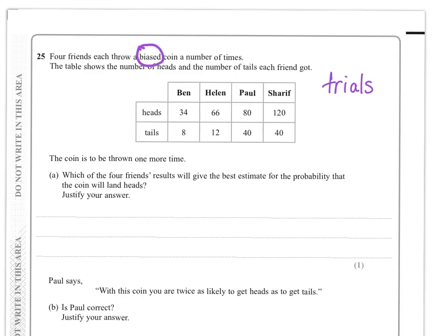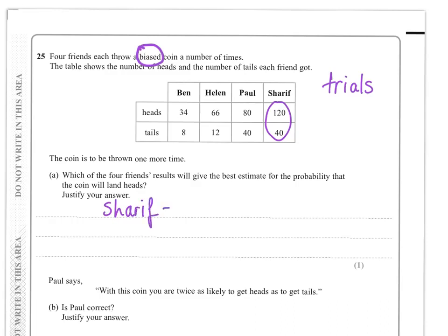So if you were to throw that coin maybe 1,000,000 times and worked out the probability from the ratio of heads to tails, then that would be a lot more trustworthy than maybe just doing it 5 or 6 times. Okay, so the more times you do something, the more reliable the data you have. So in this case, Sharif is the one who I would rely on the most. So I'd write that down,